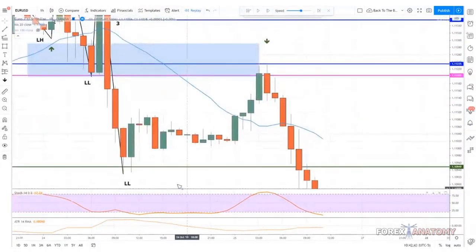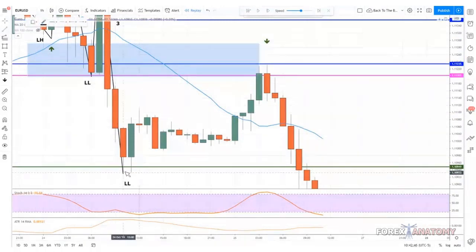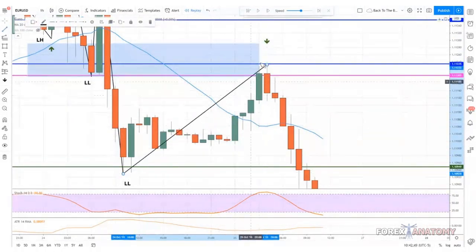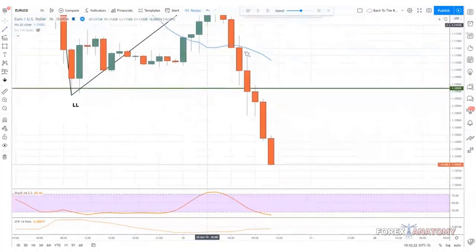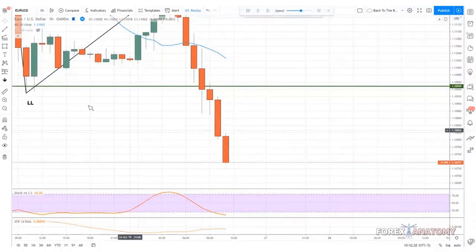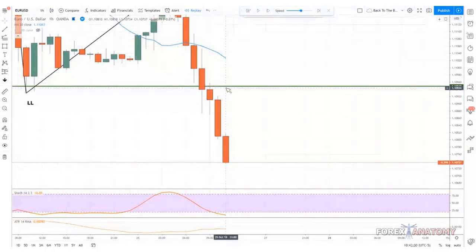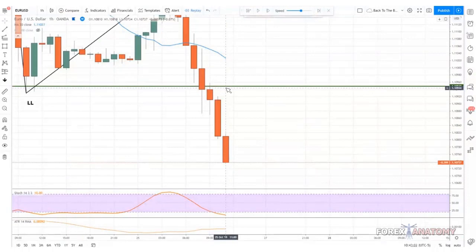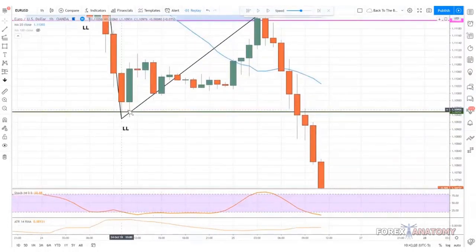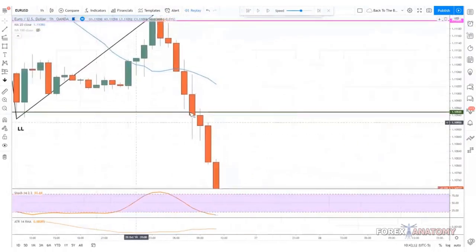So in this case right here, let's just do one more example. Price corrected, formed a lower high, and we get this impulse move. Now we're going to wait for 2 pullback candles at least. But then the next area of resistance is right here. Remember, we want to sell at resistance and buy at support. But this is why learning how to draw these price waves properly is so key, because the true swing levels tell you the true pivot points in the market.